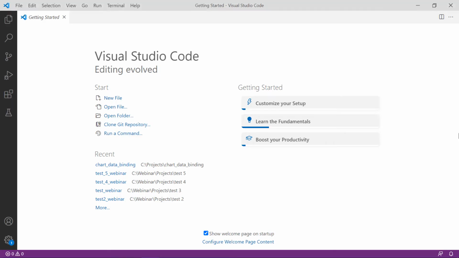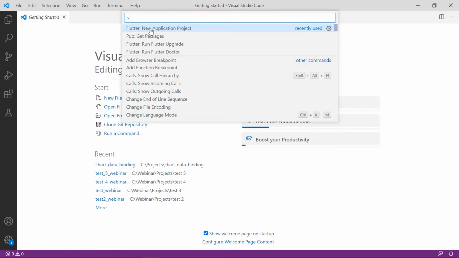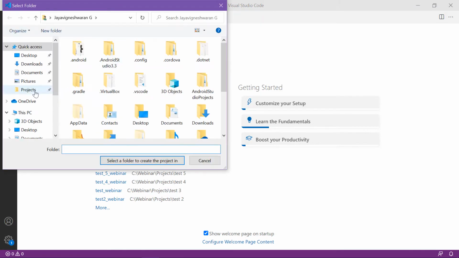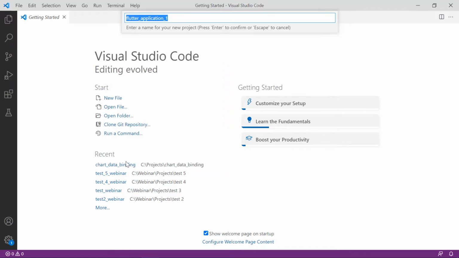I am using VS Code as my IDE and I have installed all the prerequisites for Flutter development. For creating a new project, open View, Command Palette and select Flutter: New Application Project. Select a folder for this and let's provide a name for this. I am specifying the project name as chart_data_binding.